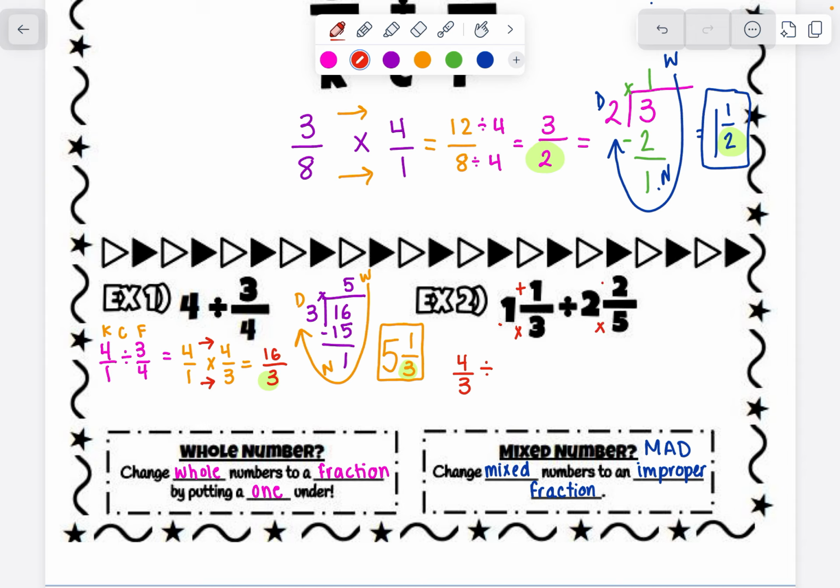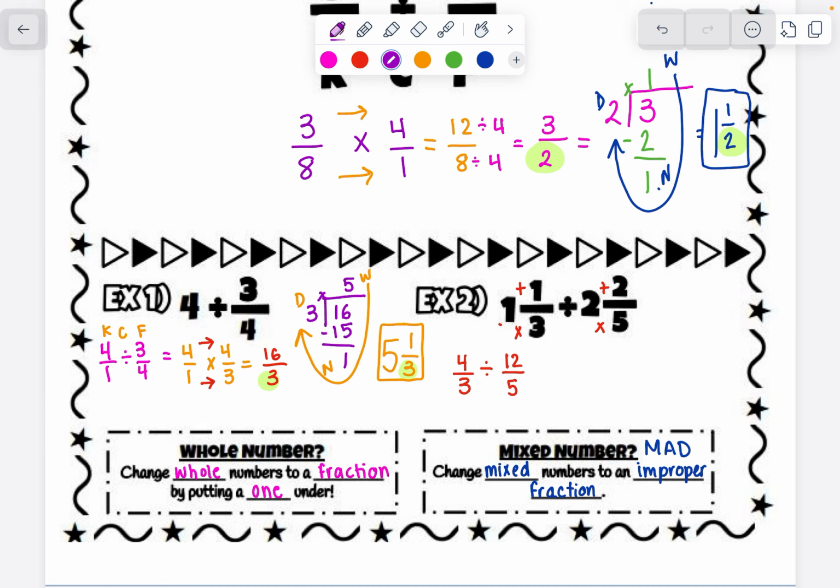I'm going to again do the same thing. What's 5 times 2? That's 10. 10 plus 2 is 12. Denominator stays the same. And remember, you can't divide straight across. You have to do keep, change, flip. So when I do keep, change, flip,